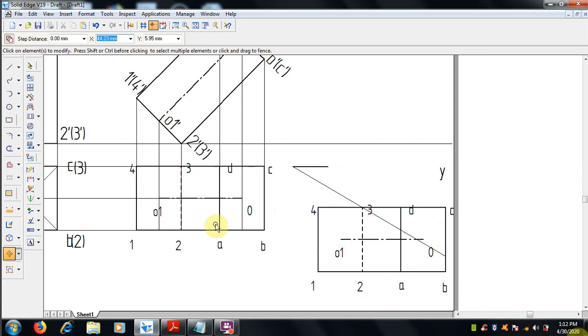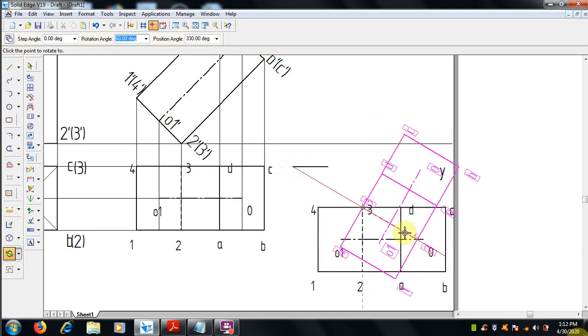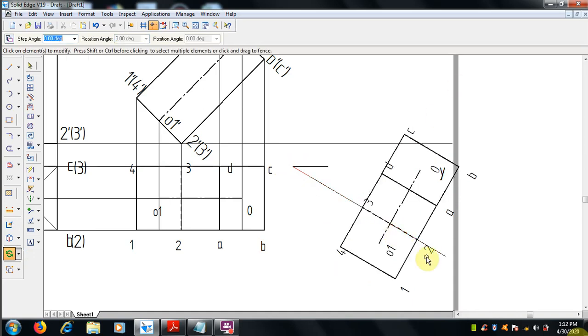It's a copy only, so it should not be moved fully. The original should be there, and only a copy of it is moved here. Now it is to be rotated, which is the edge 3 2, the resting edge 3 2 is to be rotated and it should be kept on the 30-degree line. Fully it is getting rotated, but it should not exceed the reference line.